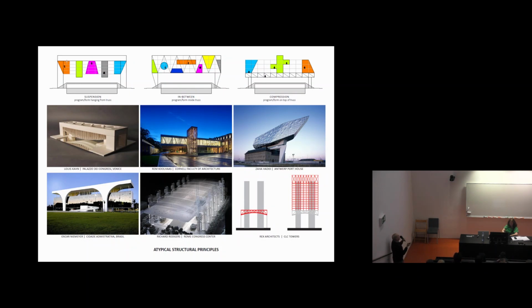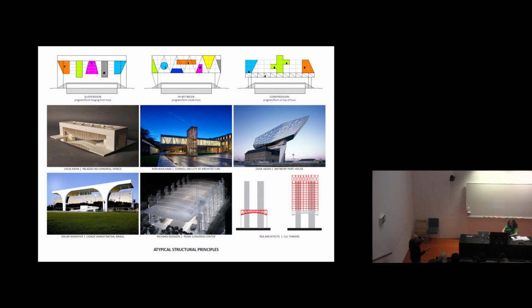And these are three possibilities of how to approach this project structurally. One is a suspension, which is on the left. These are examples from Louis Kahn, which is quite an unusual example because Louis Kahn is thought of as a compression sort of architecture, brick. But you can see this is a very modern project in Venice where Louis Kahn spans one of the canals. The other one is Oscar Niemeyer, obviously a very avant-garde, very experimental Brazilian architect.